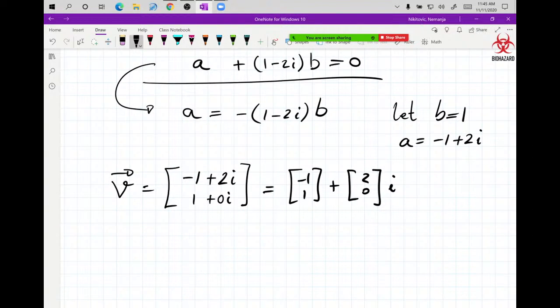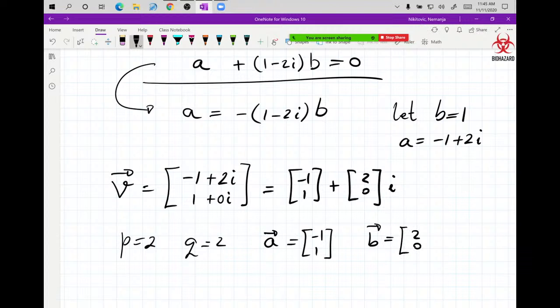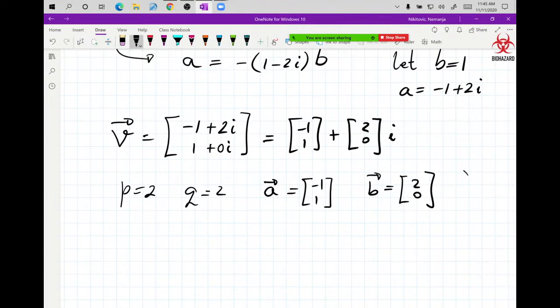So we already have that p is equal to 2, q is equal to 2. Now we have that a is going to be negative 1, 1, and b is going to be 2, 0. Again, this is what we were after, because now we get to plug that into the solution. Now, the question is, did you remember the solution, right? What you're plugging in. It's e to the pt, so it's going to be e to the pt, and then you have your vector